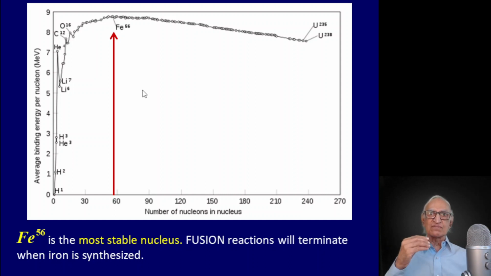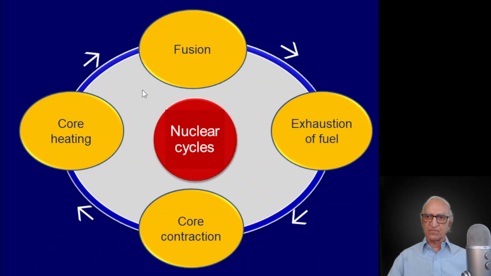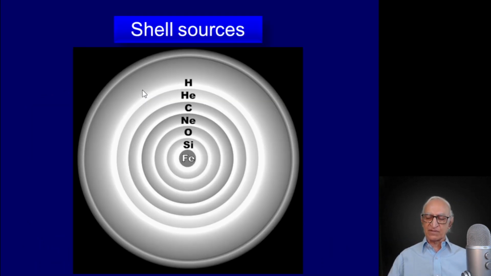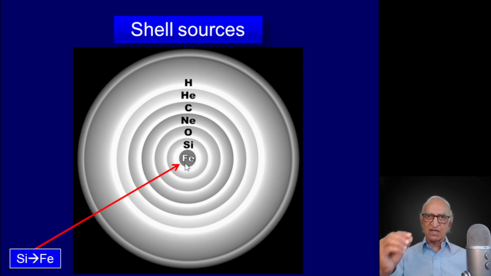So let's assume that the stellar drama has gone on from one act to the next act, to the next act, till the final act. And suppose you're Superman and went into the star and looked right at the center of the star. What will you find? You'll find this. You'll find right at the center an iron core, and in the outer boundary of the iron core, silicon will still be